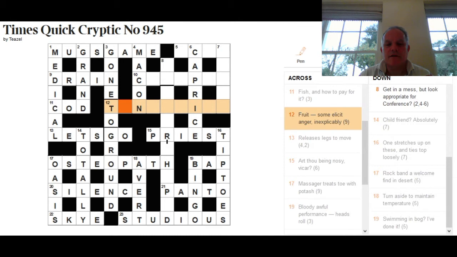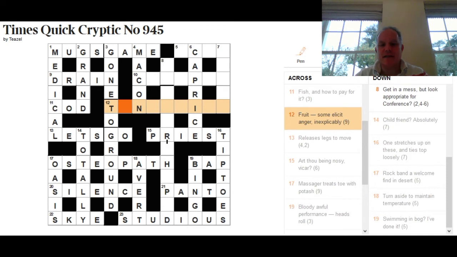We're going to go back to basics again, just for those who might not know. We're going to really look at the makeup of what a cryptic clue is and what it's trying to do. So I'm looking at today's Quick Cryptic puzzle from the Times. It's largely done. We've got a corner to finish off now. And we'll start with 12 across.